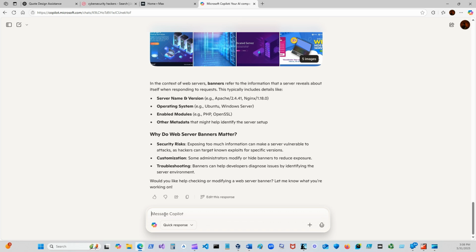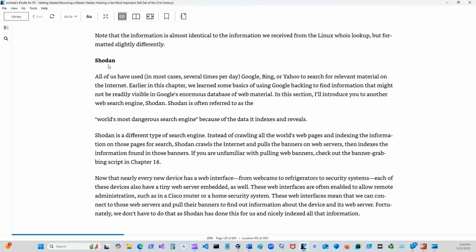When you're trying to learn something one for one, like we're doing now, we're simply learning about Shodan. By what we're reading, we understand it's a search engine tool that's considered the most dangerous one, right? I want to know why. Then I want to know the difference between Google, which searches through indexes of websites, and what Shodan does.